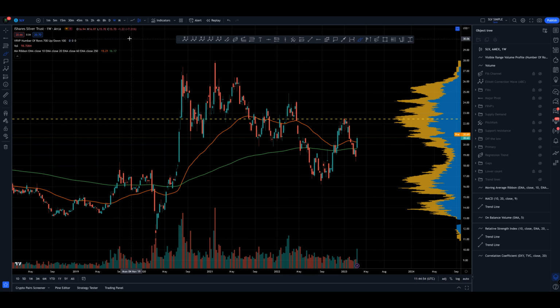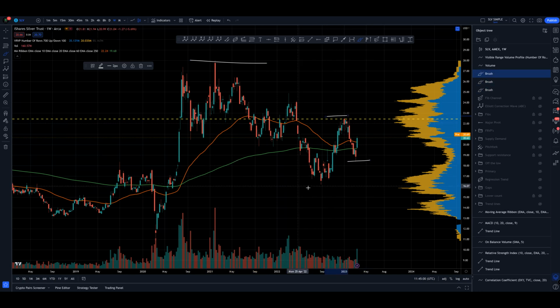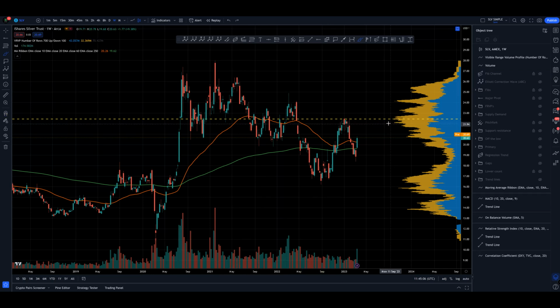However, we are not out of the woods, not by a long shot, because we haven't cleared that high, and we're all still inside of all of these internal moves of all these external swings of all these pivots, right? Then we're still basically potentially bearish. And if we have a look at support and resistance for a moment,